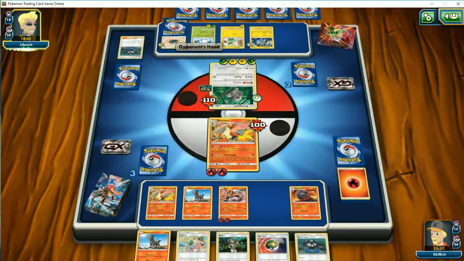Now what I should have done, I messed up. I messed up real big right there. Those 2 fire energies should have went on Blaziken. And then next turn I could have put Blaziken in. I could have knocked out 3 prize cards in 1 turn. Well, I blew the game there, guys. It looks like